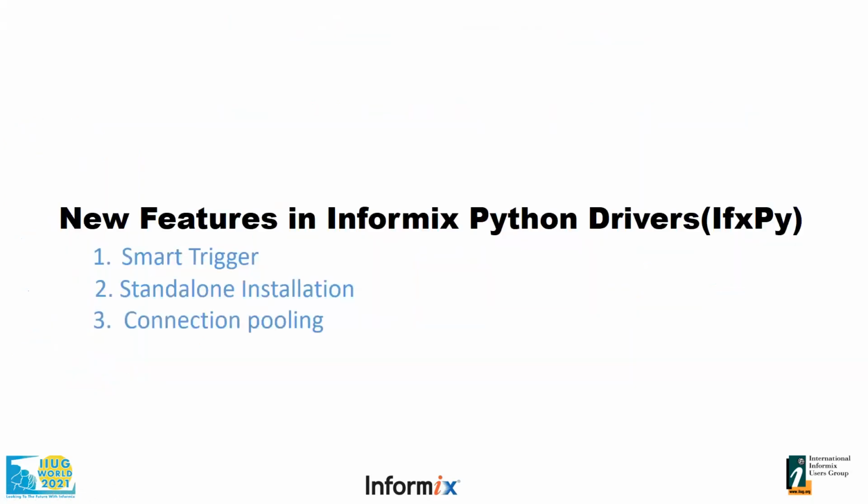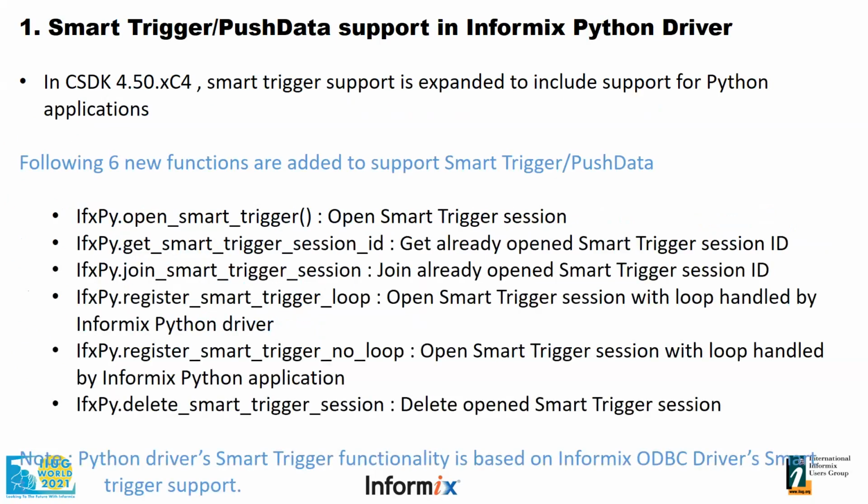Now we talk about the new features which we have introduced in the Informix Python driver. First, we talk about the smart trigger. As everyone knows, a smart trigger sends a notification when any change happens in a table. These features are enabled in the Informix Python driver from CSDK 4.50 XE4 onwards. To support this smart trigger feature, we have introduced 6 new functions. Those are open smart trigger,